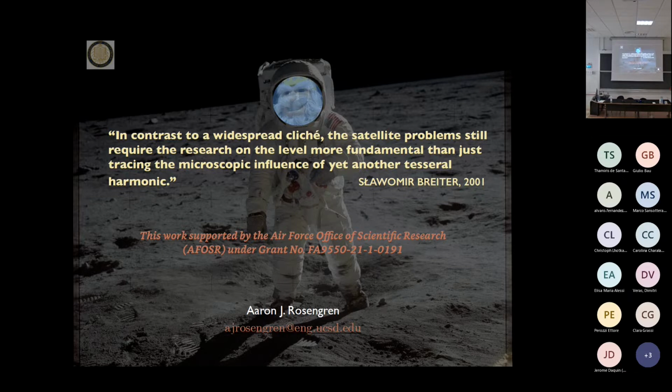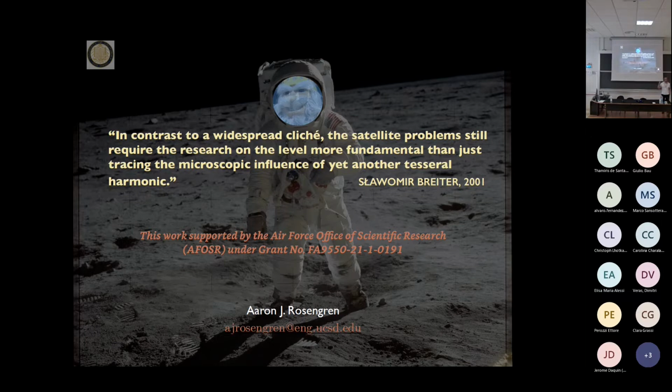So this is the dynamical theory of resonant orbits. This is a quote I like by Sławomir Breiter, who did some early work in the 2000s on characterizing all the semi-secular and secular resonances that affect Earth satellite dynamics. And the problem with that research, at least because I'm a professor in an American institution, is that I don't really get to do research anymore. I get to apply for funding and justify my application. The timescales for those resonances that affect the traditional LEO to GEO regimes are several hundred years. So you tell someone that we're going to put something there, and in 20 years, I promise it'll be gone, or in 50 years it'll re-enter. It's not as lucrative or compelling for them.